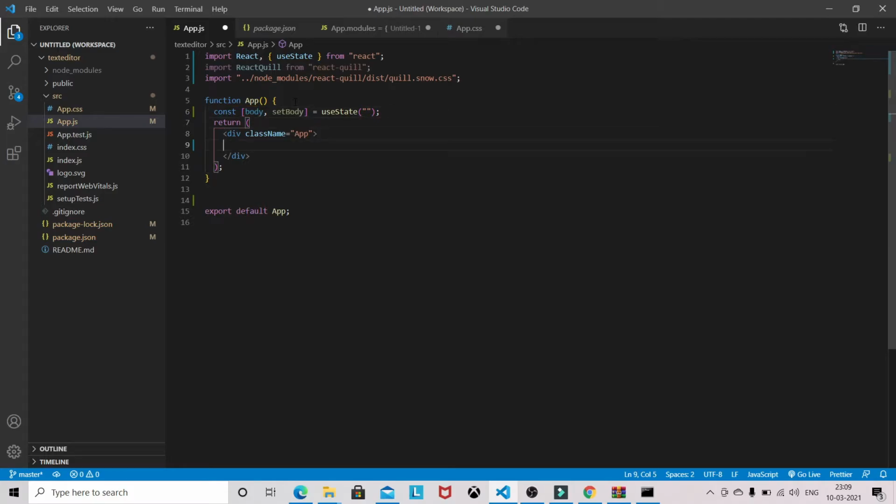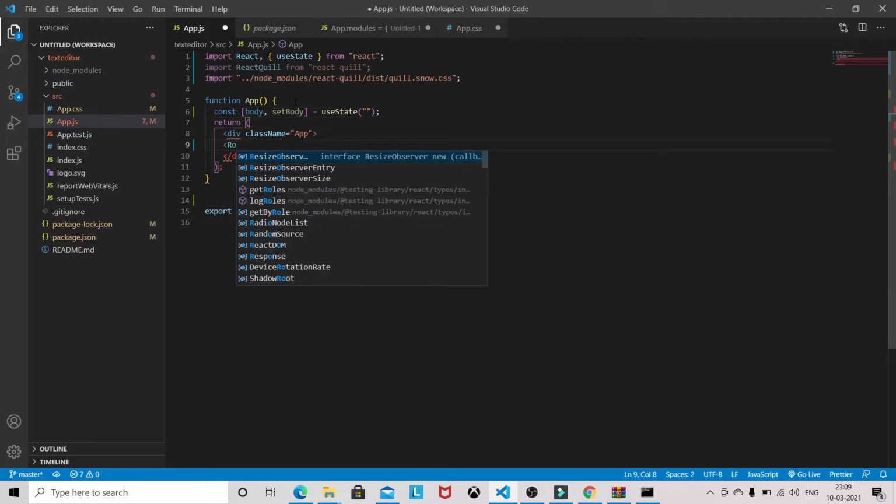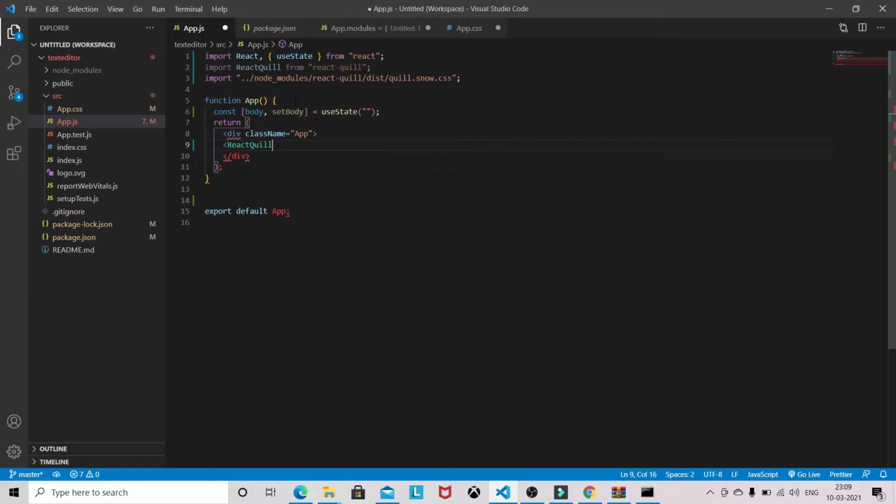Okay, so React Quill, and we need to pass some props. You can pass a placeholder, like write something amazing, something like that.